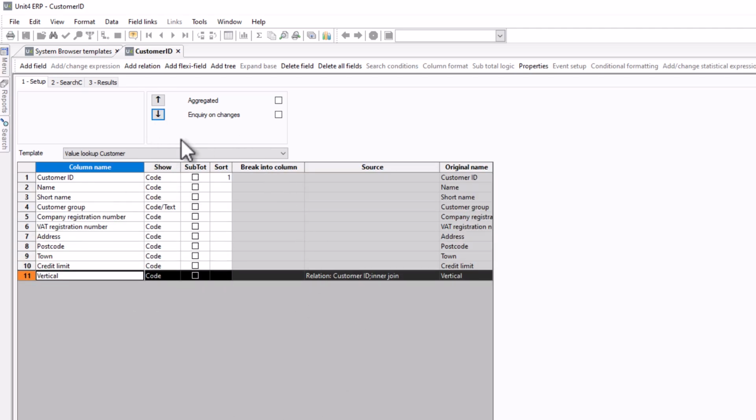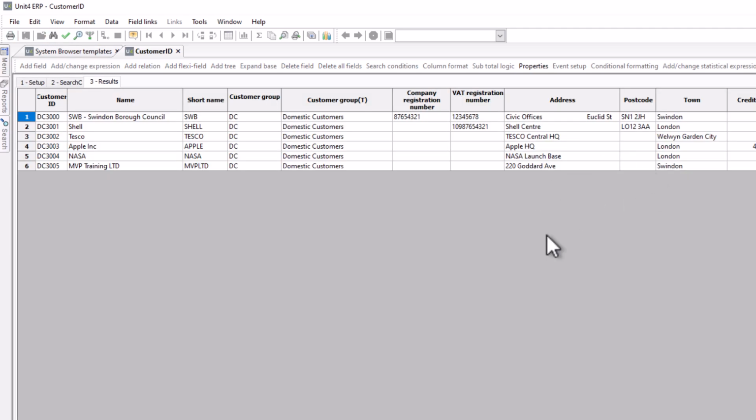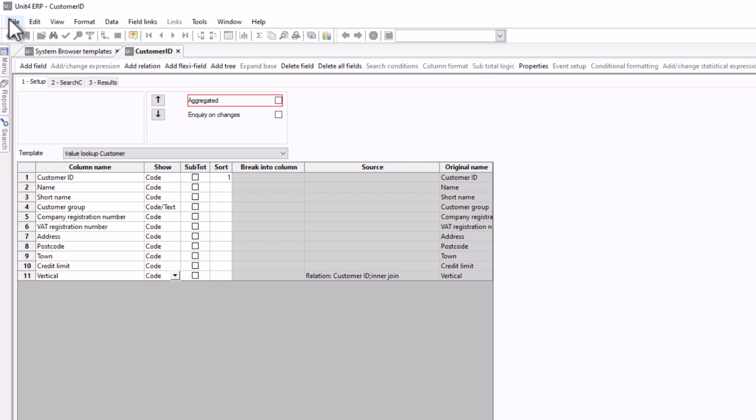Okay, there we go. So make whatever changes you want to make. You can have a look at the results if you want to see what the results are. All right, and once you're happy with the results, it's time to save it. You need to make sure you save it in the setup so that when you do File Save As, notice